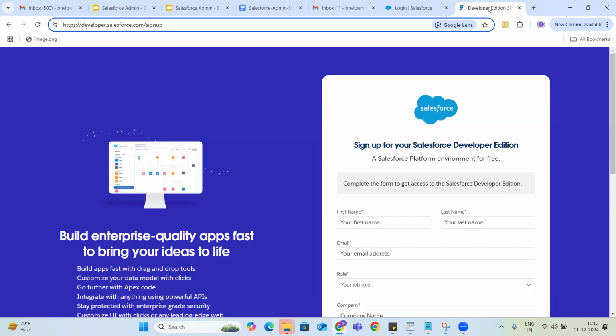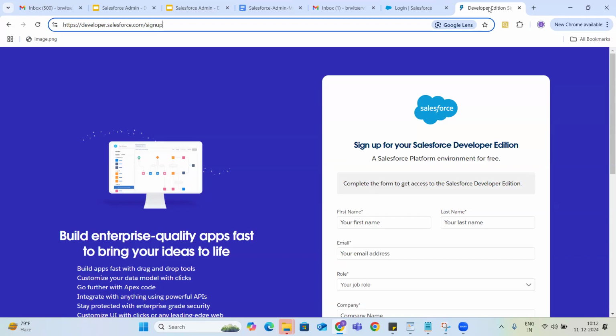Once we are habituated working with the developer sandbox, even in your purchased enterprise edition or unlimited editions that we discussed in yesterday's class, the look and feel, the UIs, around 80% of the basic functionality is the same.